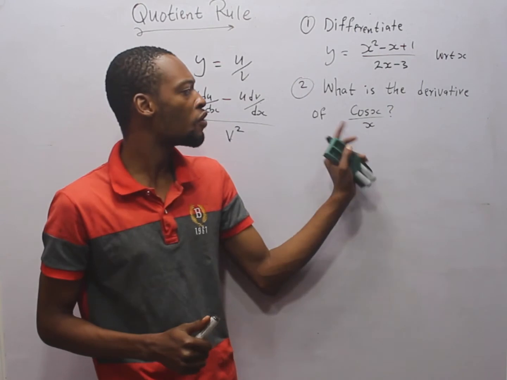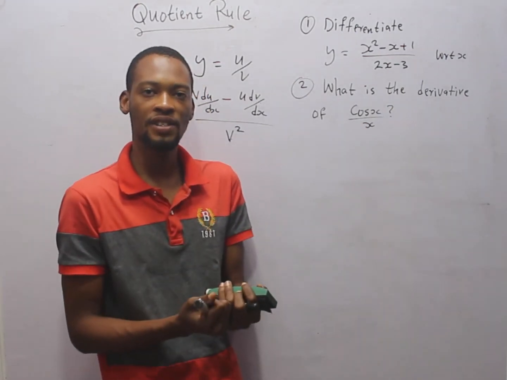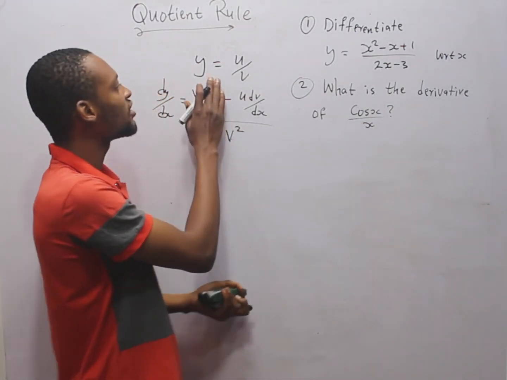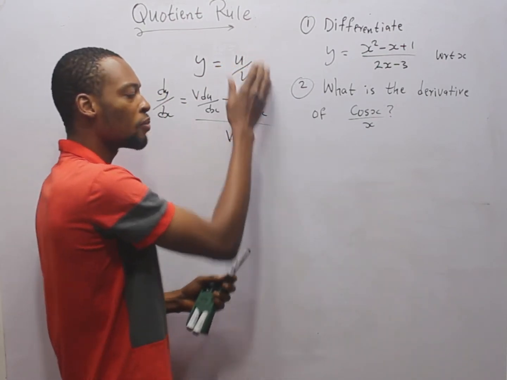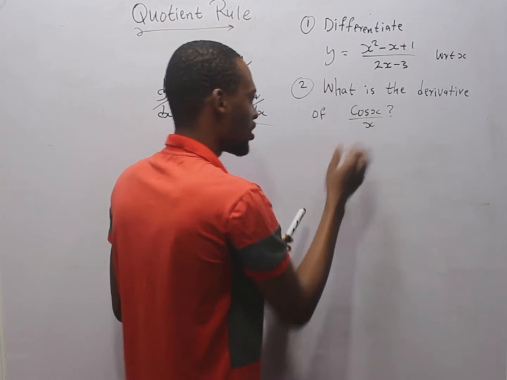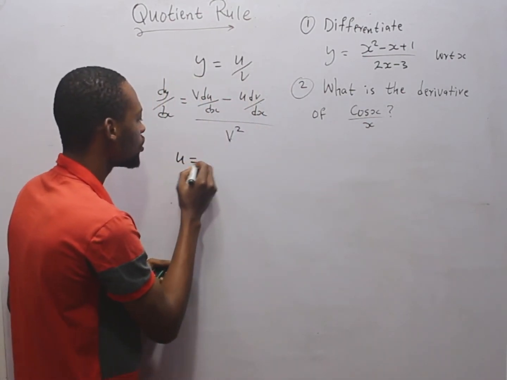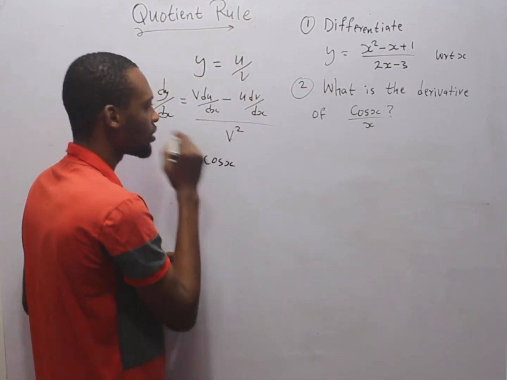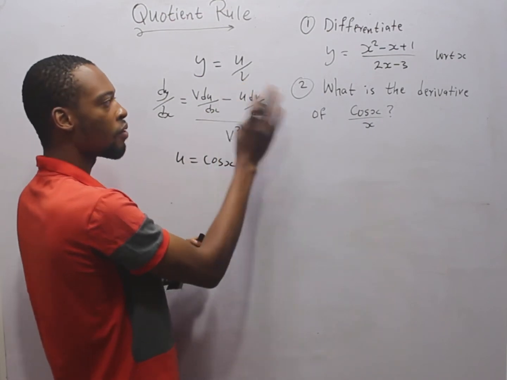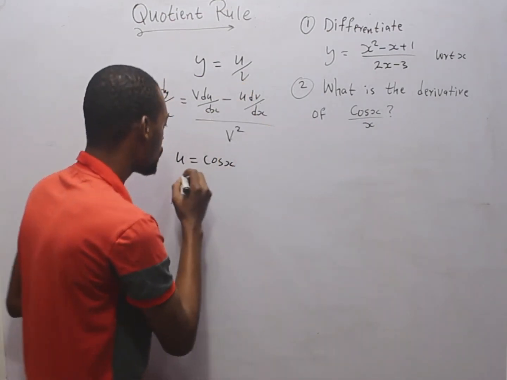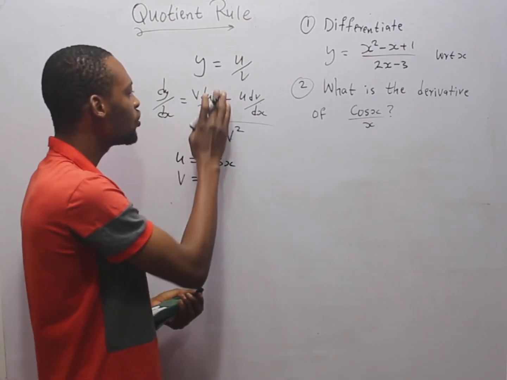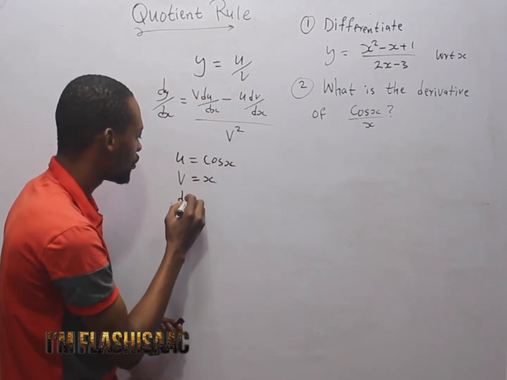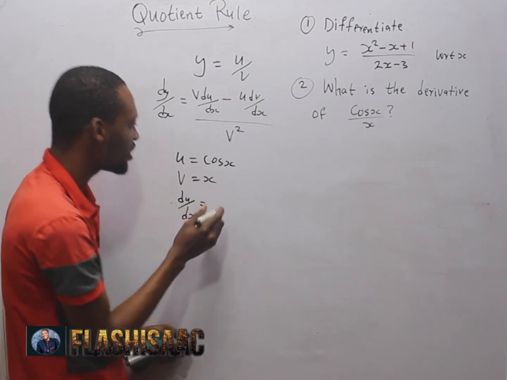What is the derivative of cos s over s? From y equals u over v, u, being the one at the top, is cos s. So u is cos s. v, the bottom, is s. So v is s. What about du over ds? du over ds is simply equal to